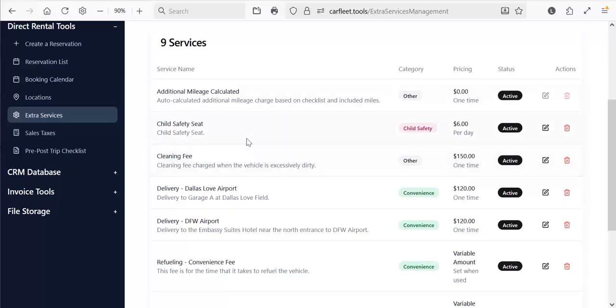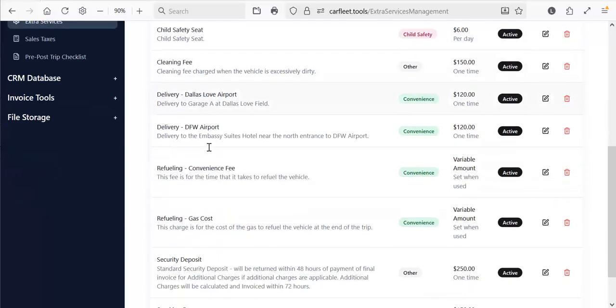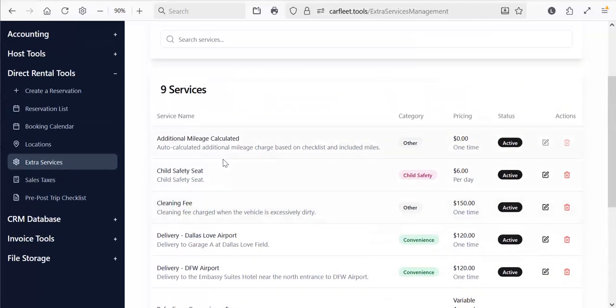But what I'm going to do is I'm just going to show you, so we have additional fees. This is a calculated amount that interacts with the pre and post trip checklist. I'll show you that in a moment. And then you have fees for things like child safety seats, cleaning fees, smoking fees, refueling fees, and so on. So you just add these to the list of extra services so that you have them ready when you make